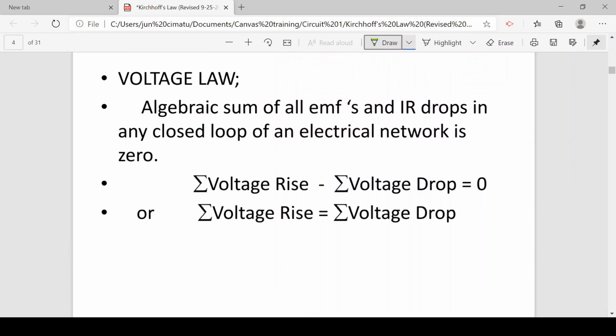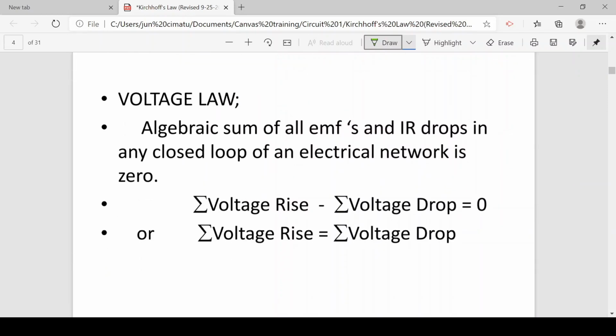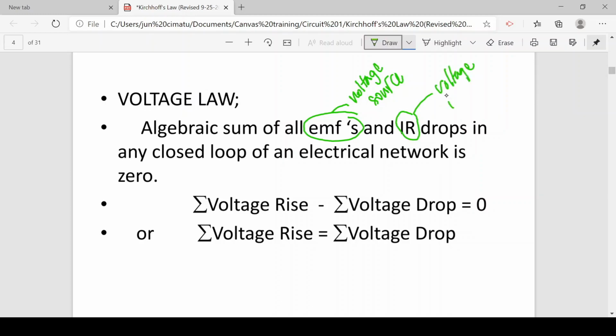Another law is the voltage law under Kirchhoff's laws. The voltage law states that the algebraic sum of all the EMFs, these are the voltage sources, all the voltage sources in the circuit, and the I times R drop, this is a voltage in the R,